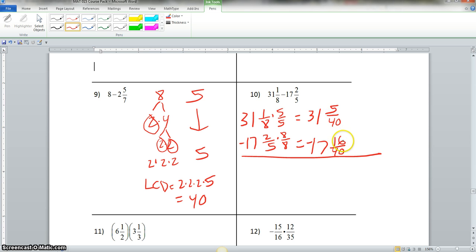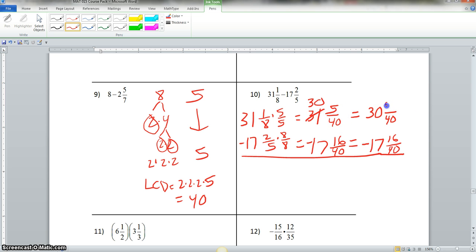Now, if you notice here, our fraction on the bottom is larger than our fraction at the top. That means we need to borrow one from this 31 here. So first thing we would do is write down our bottom fraction, which is minus 17 and 16 over 40. And then up here, we borrowed one from the 31, so that becomes 30. Our denominator stays 40. And then what I told you all before, you take your denominator plus your numerator, 40